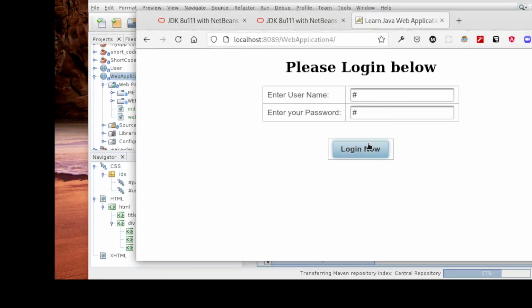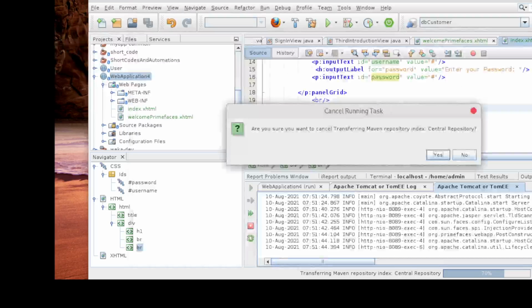You can see now that our login button is down there. So that's our login page. I hope you can see it. And later on, what we want to do is when you click this button, we want it to load our home page.